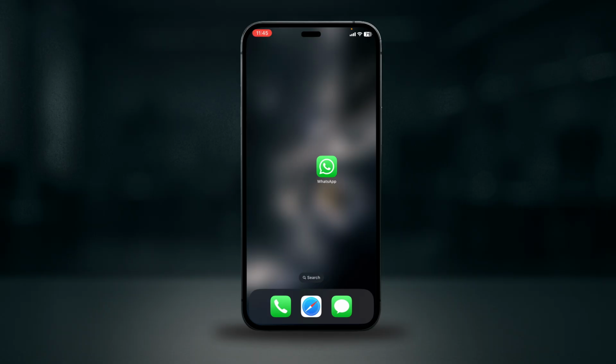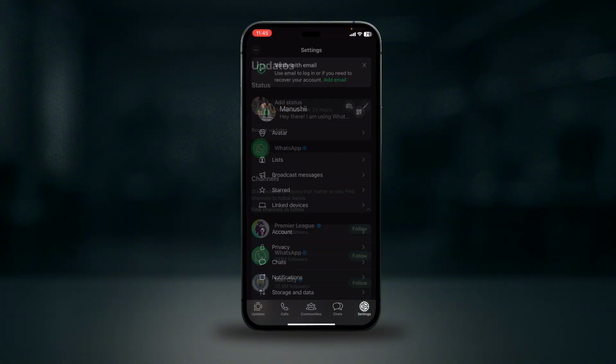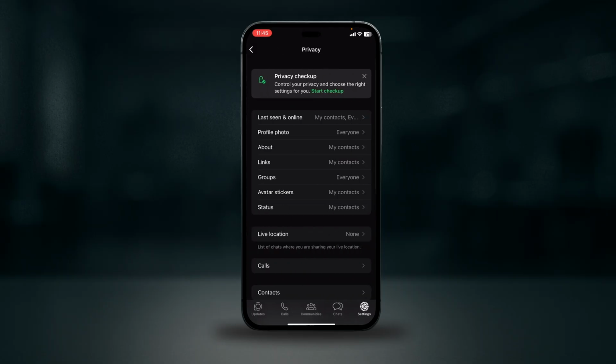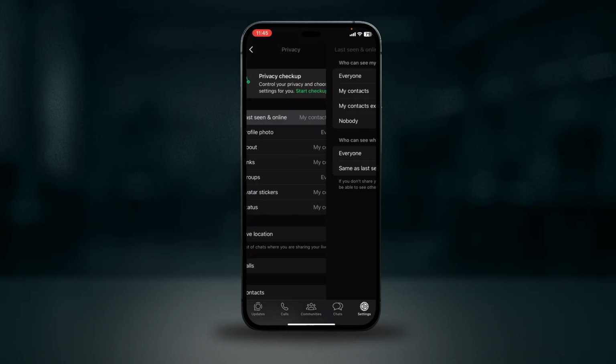First, open the WhatsApp app and then tap on the settings at the bottom right. Next, go ahead and go to privacy. After that, tap on the last seen and online option. Here you can control who can see your last seen or who can see when you're online,